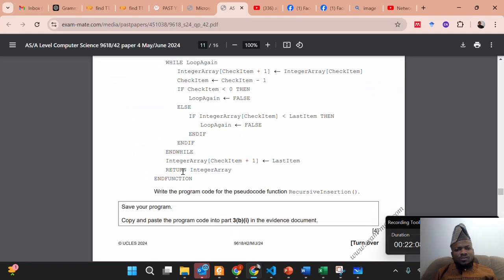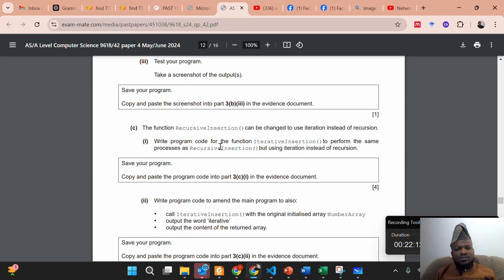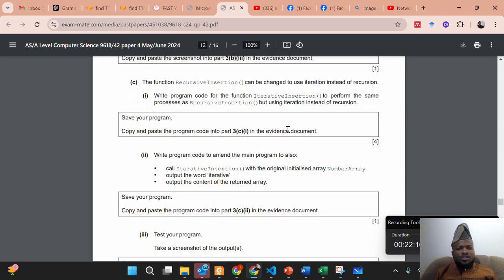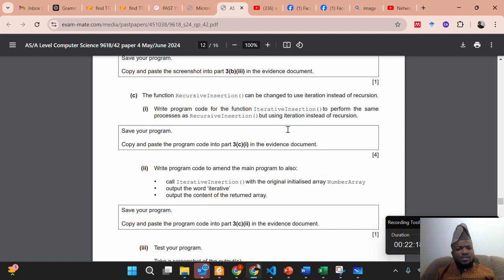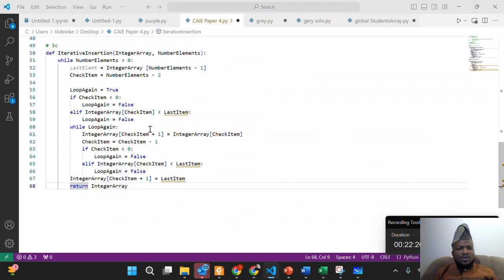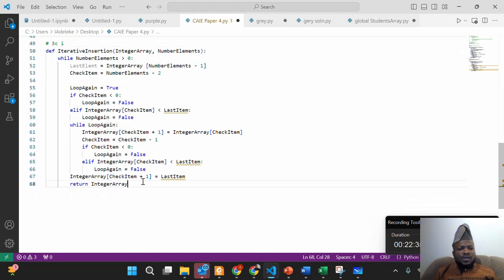So that is all. You've converted the code to an iterative function without the use of a recursive function. It's as simple as that. I hope this is understood. If you have any challenge or any comment or any problem, just write it in the comments, then I will reply to you. So this is 3CI. Now for 3CII,